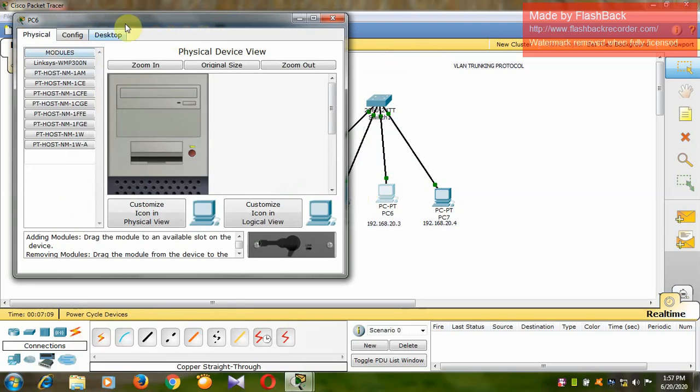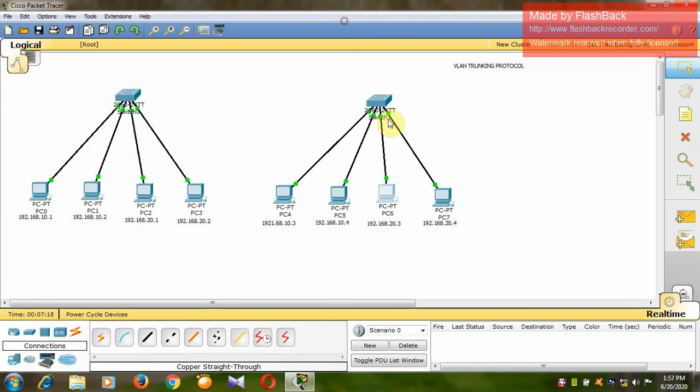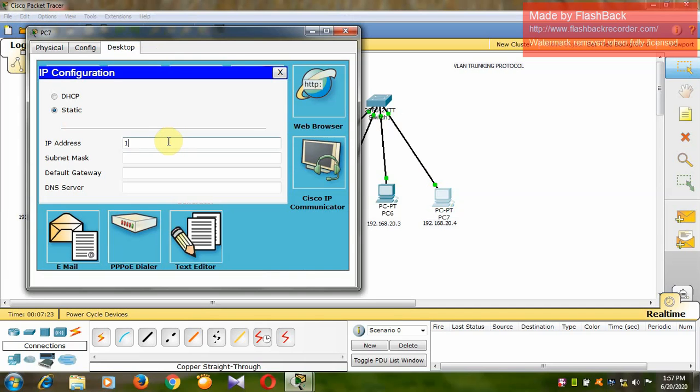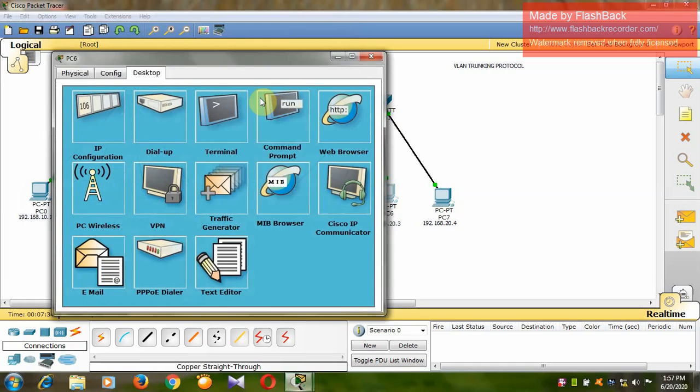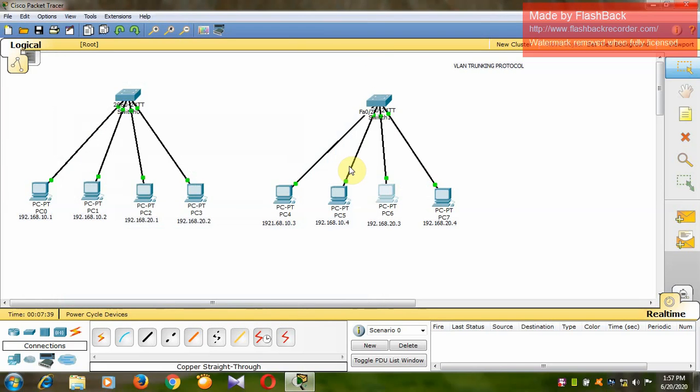Similarly here 192.168.20.3, and here 192.168.20.4. So I have taken some of the IP addresses for these devices.